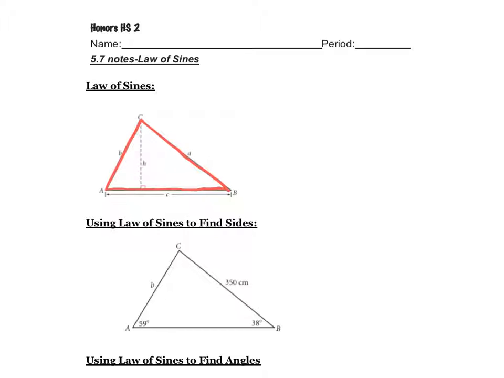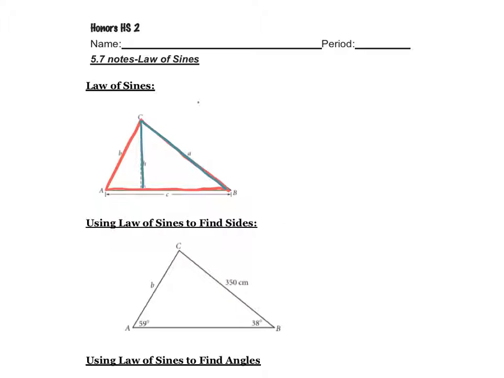Now, as you can see in this image, we're going to be given non-right triangles, and we're going to be looking for sides of non-right triangles. The way to find sides of non-right triangles when you're given the right information is using the law of sines, one of the ways. So we're first going to derive the formula for law of sines, and then we're going to actually use it. So coming back up to this triangle that I have in red here,